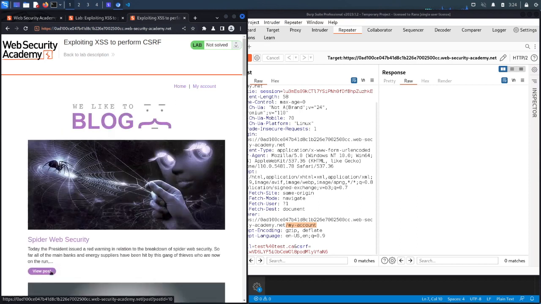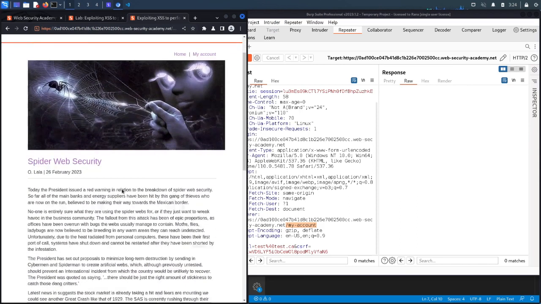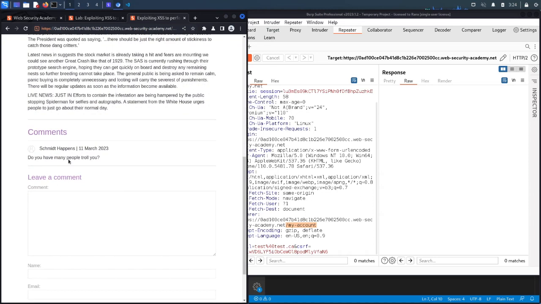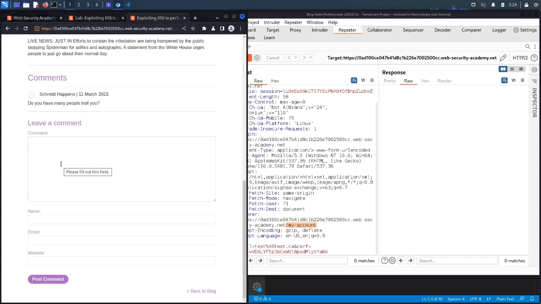So let's go to Home and click on View Post and go down. Now notice over here, you have the ability to add comments on each post. And since the comment and potentially the name are reflected back to the user, then it definitely needs to be tested for cross-site scripting vulnerabilities. So we'll start off with just testing the comment field using a really simple script. So we'll say script